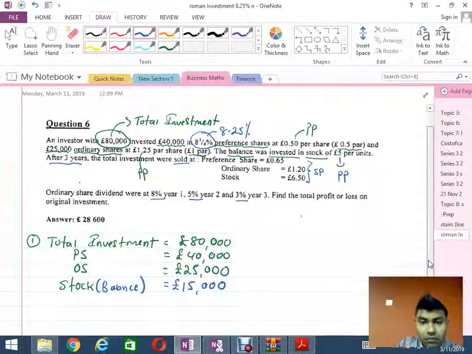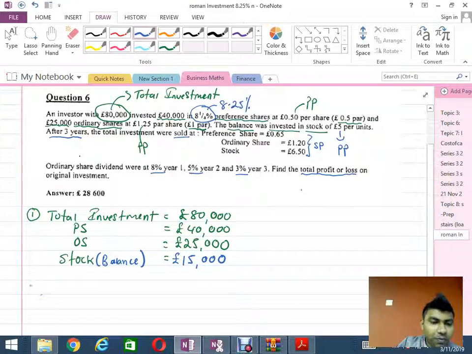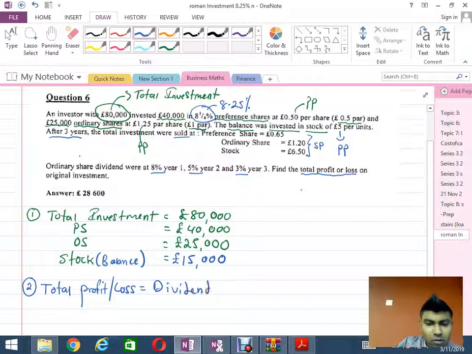Now, can you see the problem here? What they want here? Total profit or loss. Am I right? So to calculate total profit, we need dividend. Am I right? Okay. So what's the formula first? Let's put the formula first. Number 2. They want total profit or loss. What's the formula, class? Dividend plus what? Profit, or maybe a loss, from the